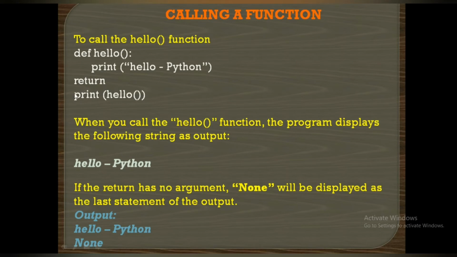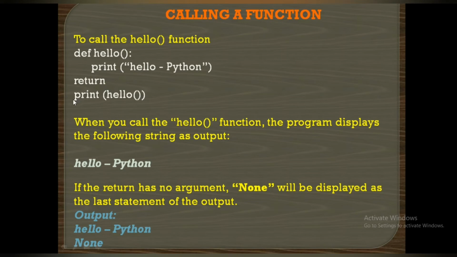The main program code starts with zero indentation. Okay, that is, it starts at the left margin. So here also you can say this step also starts with zero indentation. Why don't you say this is a main program? Because we already studied the syntax for a user defined function. The user defined function must start with the keyword def. So here we are using the keyword def, so we know this is a user defined function. So this is not main program code.